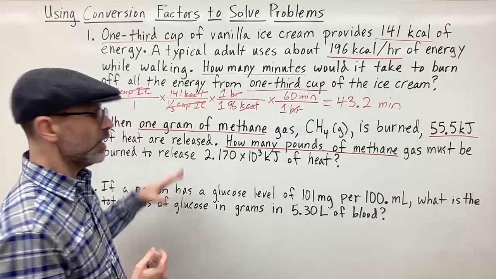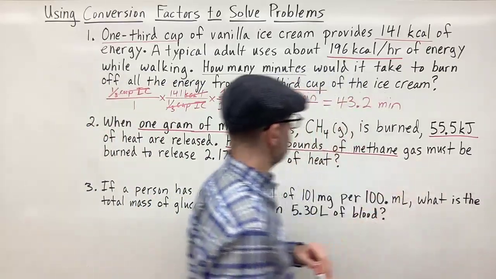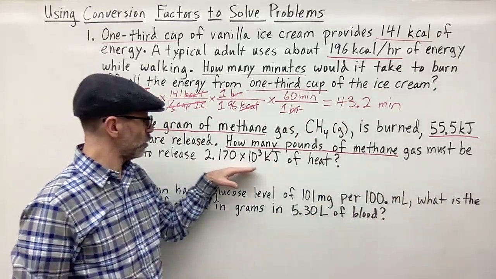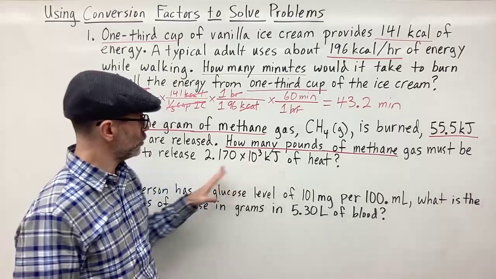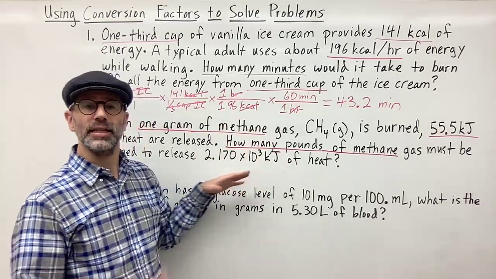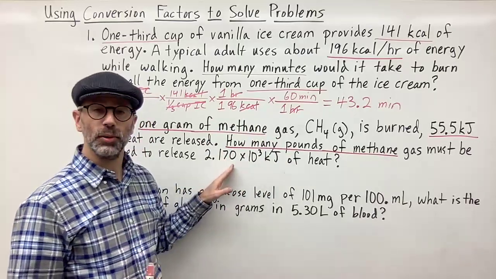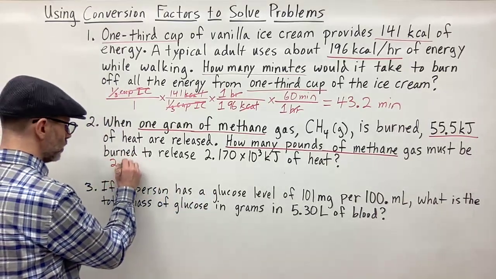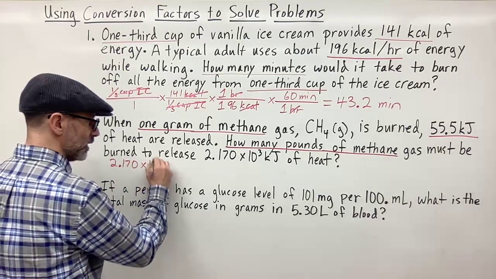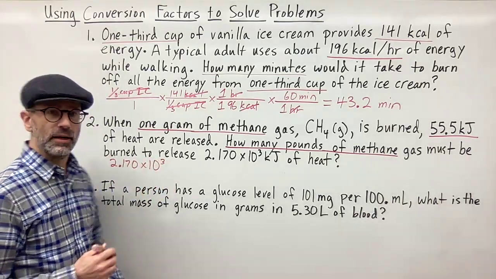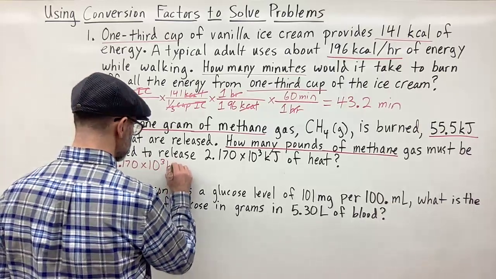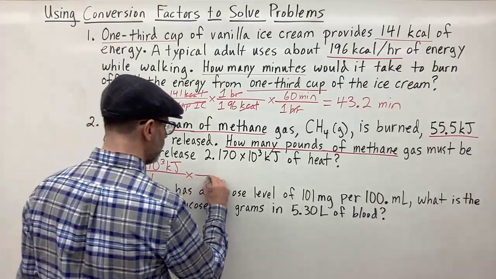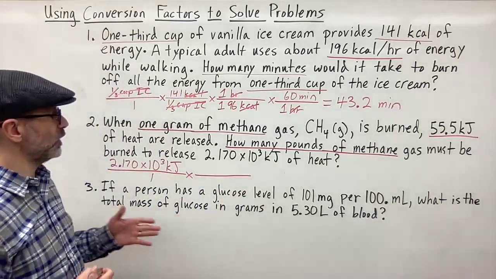What are we going to begin with? Keep reading. How many pounds of methane gas must be burned to release 2.170 times 10 to the third kilojoules of heat. So notice that this is not tied to anything. It's not part of a relationship. So this is what we begin with. So you start with 2.170 times 10 to the third, and that's kilojoules over 1. And now all we need to do is use conversion factors to convert until we get to pounds